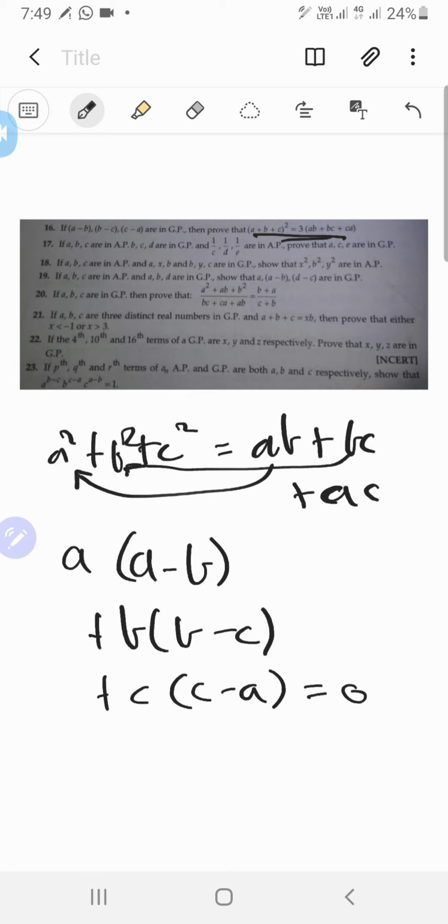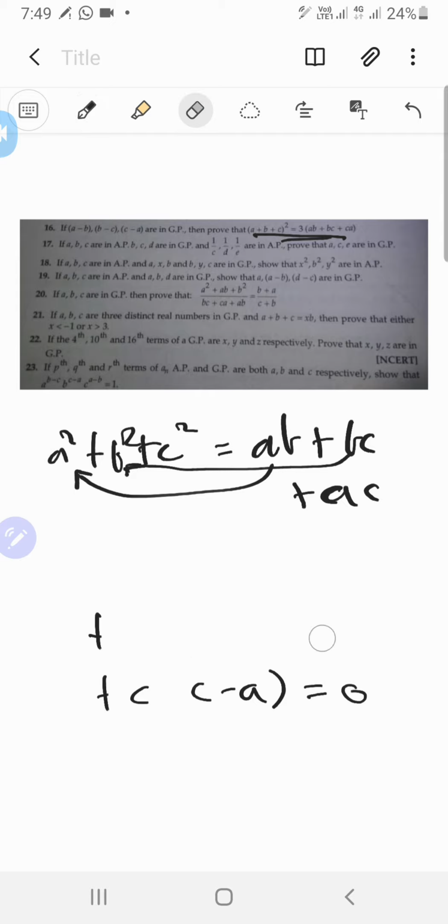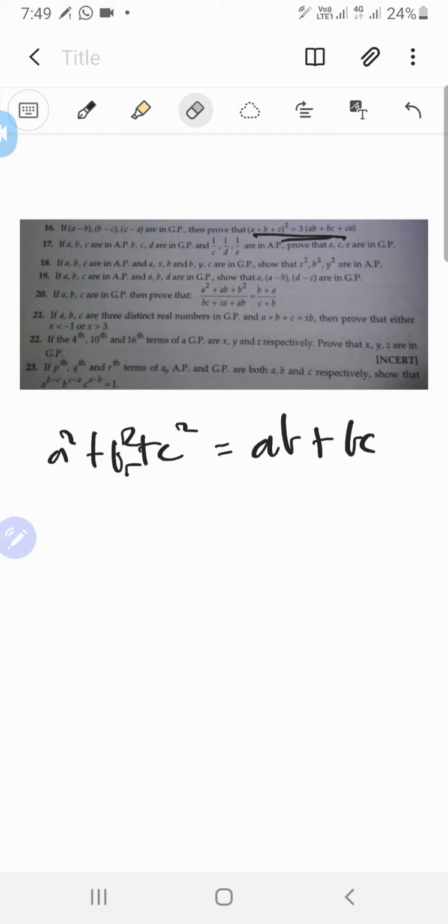I want to have A minus B, another A minus B over there. How can I do that? There's got to be some way. B minus C, that can be, oh, this is getting pretty hard, huh? Okay, let's erase everything, plus AC. Okay, let's see what we get when we use this condition properly.